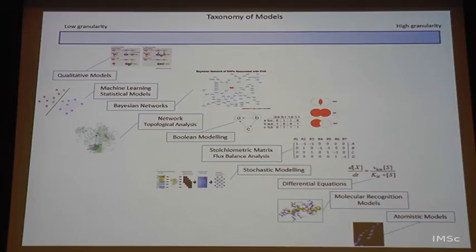But if your question is to understand which particular molecule is acting as a bypass mechanism in this particular condition, then those models are not usually adequate. You might require a more detailed model. In fact, what I show you here is a taxonomy of models that is applicable in any area of systems biology, not restricted to host-pathogen interactions alone.